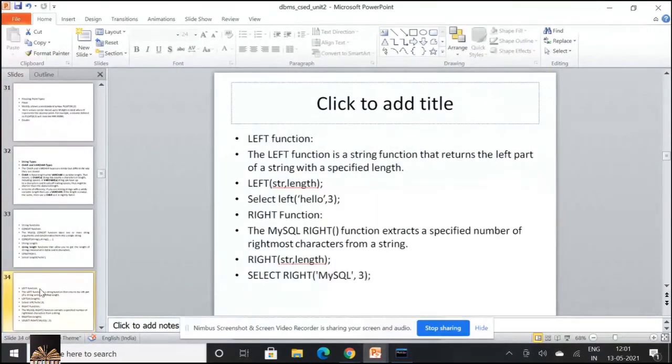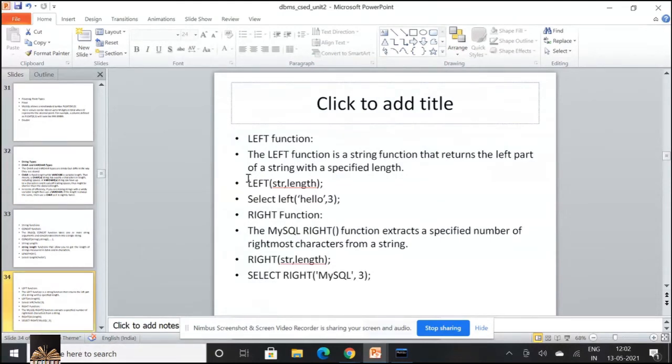Next, the LEFT function. The LEFT function is a string function that returns the left part of a string with a specified length. Whenever you want to extract characters from the left side up to a specific length, you use the LEFT function. And if you want to display the characters from the right side, you work with the RIGHT function.